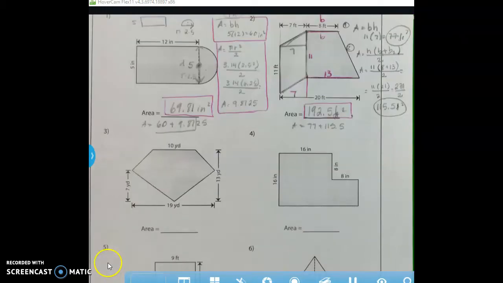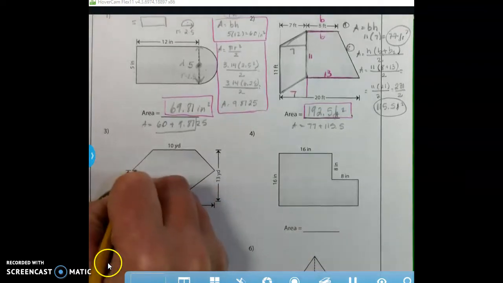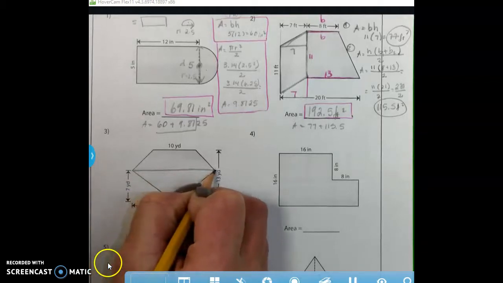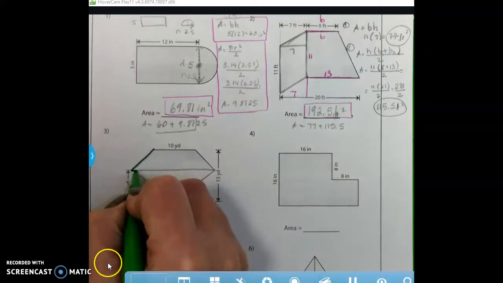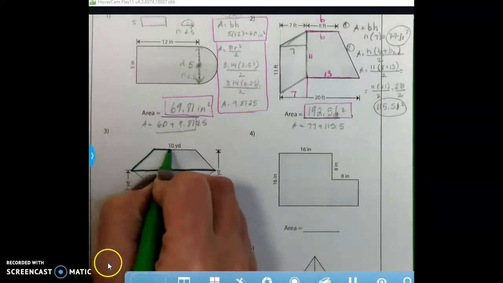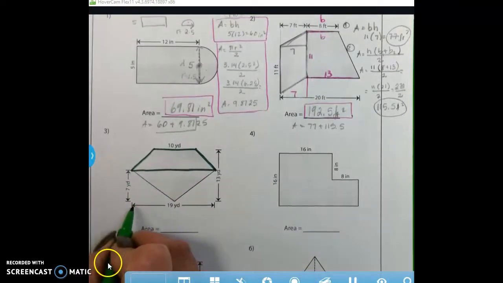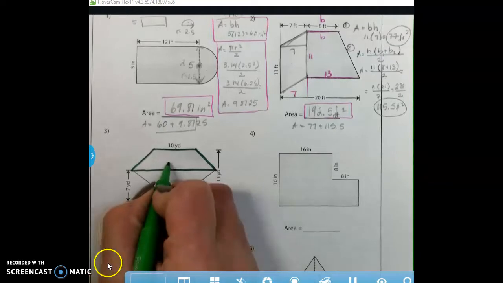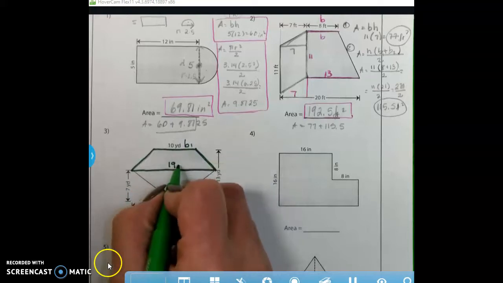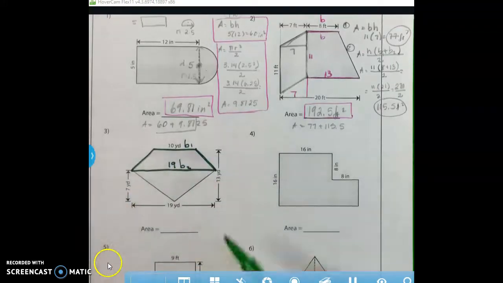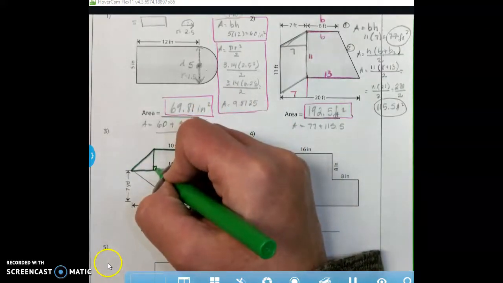All right, question 3. Once again, we have a trapezoid, this cool little diamond shape. Look how it is going to transform into a trapezoid. I'm going to use a different marker to separate my shapes. Okay, here's my trapezoid. Here are the measurements. So this is the distance that belongs right here. So this is my base 1, my base 2,